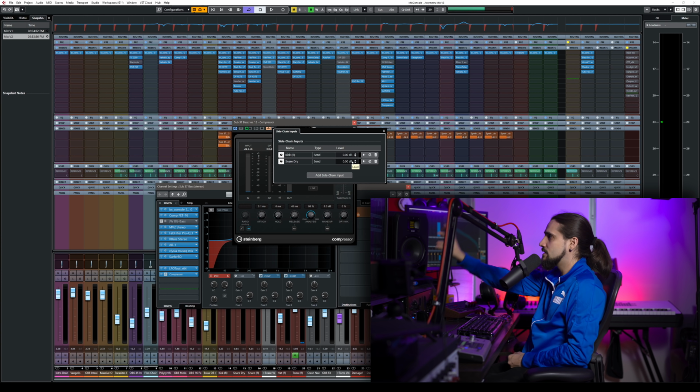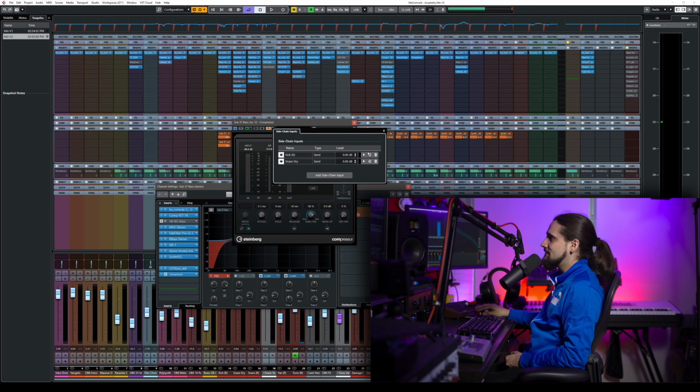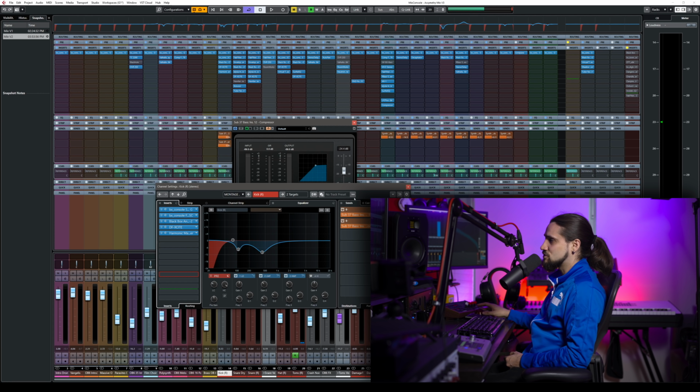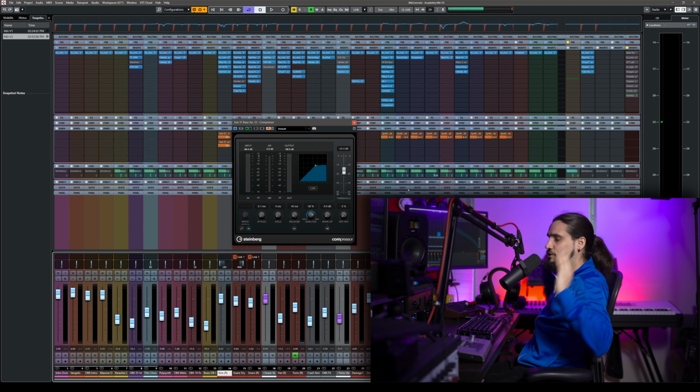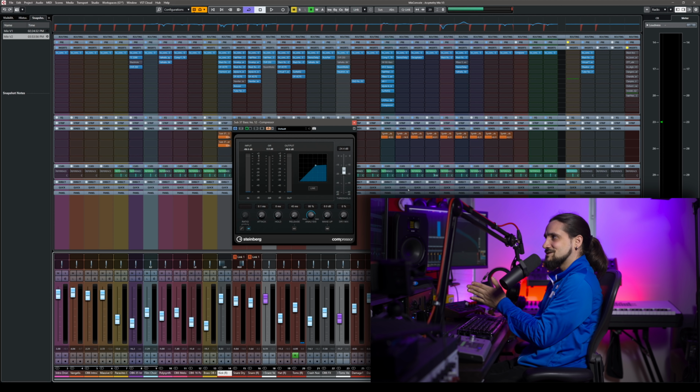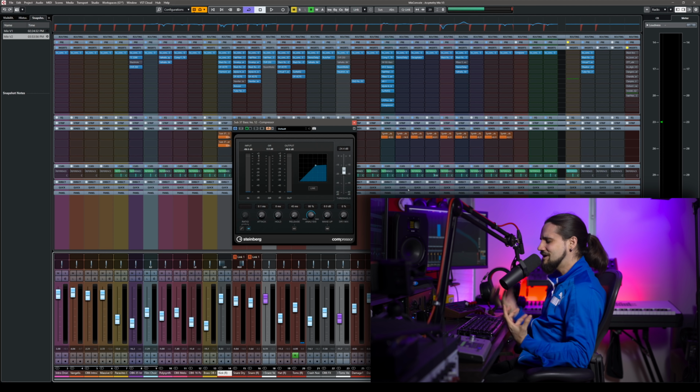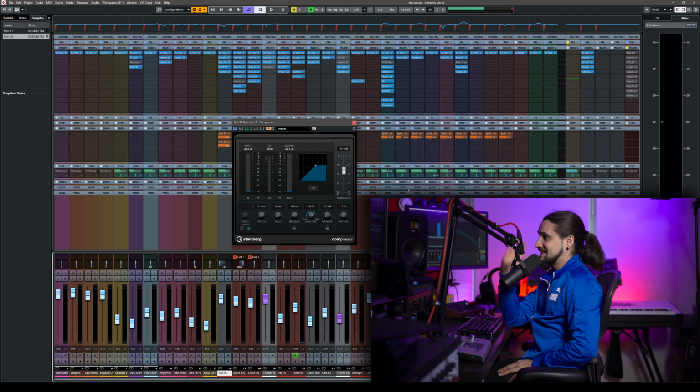Everything was in one window. It's super quick. I can even click E here and go straight to the channel that we're sidechaining from. Bliss. I mean, Cubase was a little bit slow to get this cool sidechain feature. It was really hard to do sidechain in Cubase, but now the sidechain feature rocks big time.